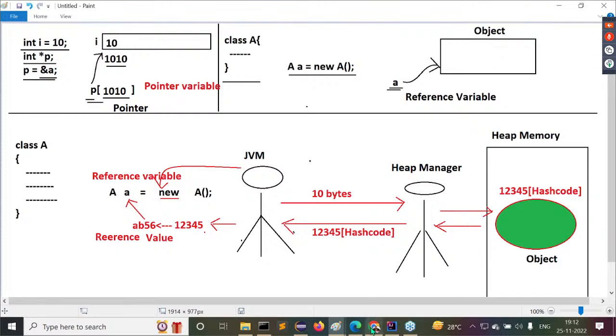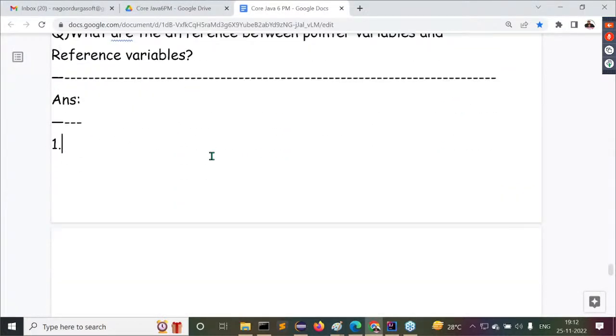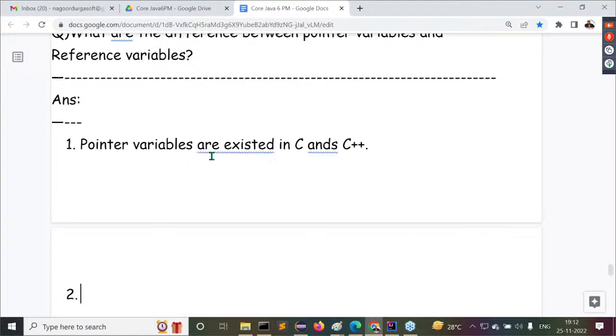So now here we are getting that very first difference. Try to understand this difference. Point number one: pointer variables exist in C and C++, but reference variables exist in Java.